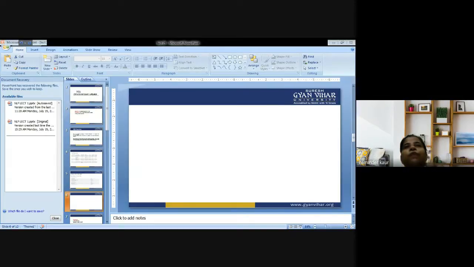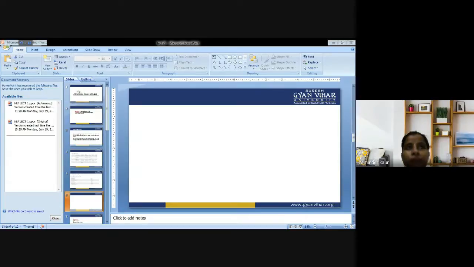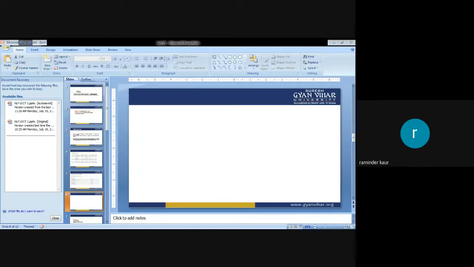Next, we are supposed to deal with various commands associated with select. Now the select distinct command. Distinct, as the name implies, means different. The select distinct statement is used to return only distinct values, that is, different values. Inside a table, a column often contains many duplicate values, and sometimes you only want to list the different values, that is distinct values. So we use the distinct command in that case.